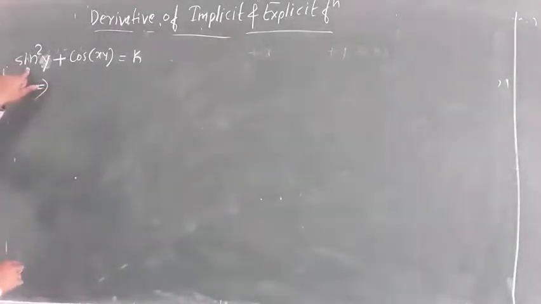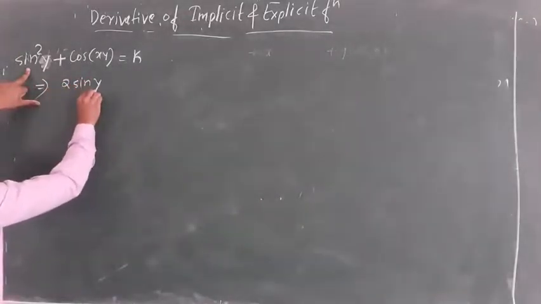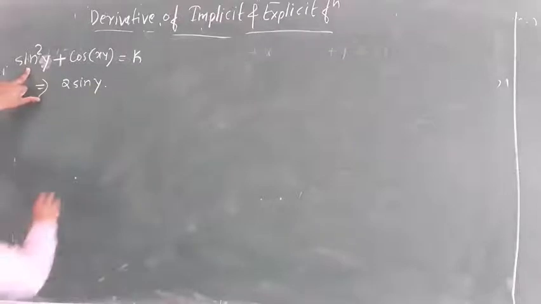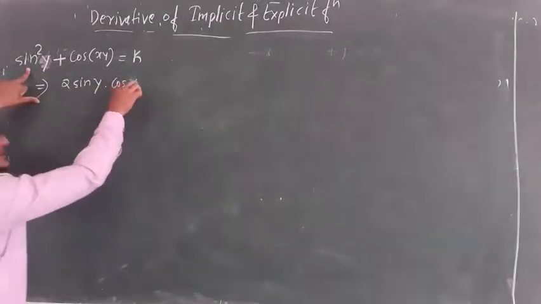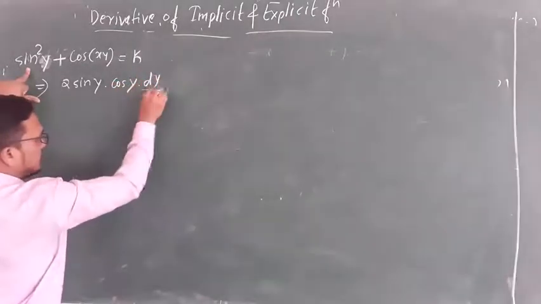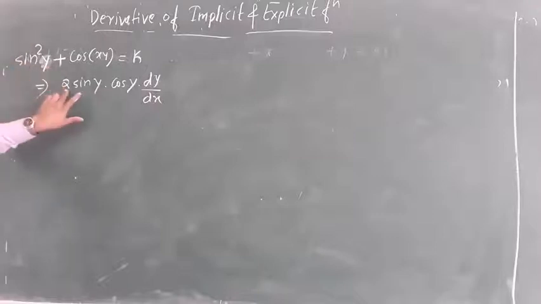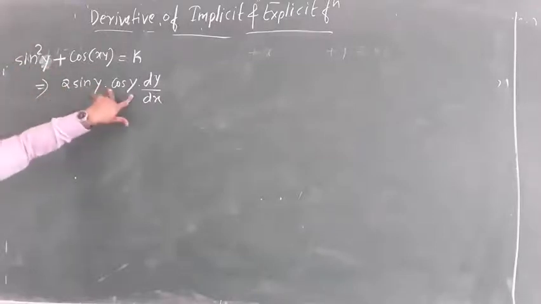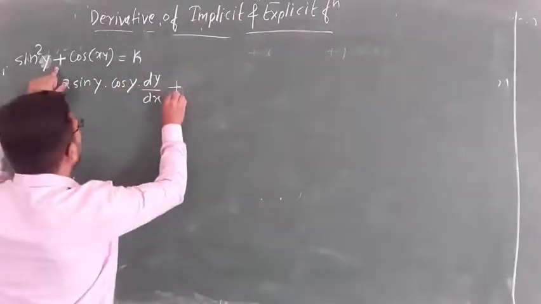What is the derivative of sine square y? That is 2 sine y into, sine is again a function, so it is cos y, but y is again a function, into dy by dx, because this sine square y was the composition of three functions: square, sine and y. So first square derivative is 2 sine y, derivative is cos y, derivative is dy by dx,